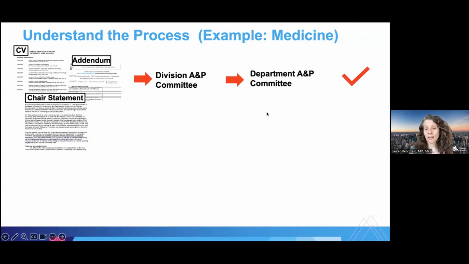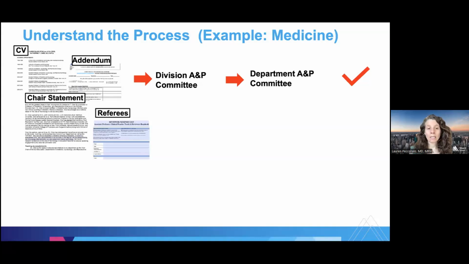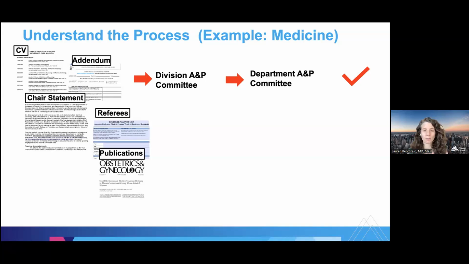And that committee is going to decide, do we think you're ready for going on to the school level committee? So if they say yes, you need to pull together your referees or your letters of references, nominator list, which I'll go over in just a minute, and your publication. So depending on which level you're going for, associate professor, you typically need 3 publications. This might not apply to the clinical practice track, but for all the other tracks, you should have 3 publications that you can cite. And sometimes you'll just give an abstract, or just the citation is going to go into